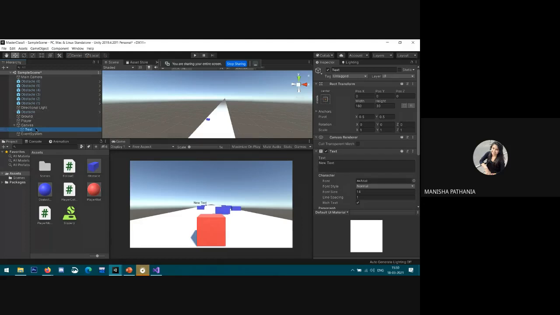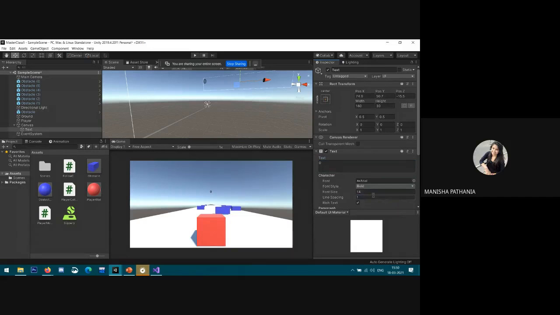First I need to set the position. I'm deleting the name from here. By default it's 0. I can also change the font style from here.